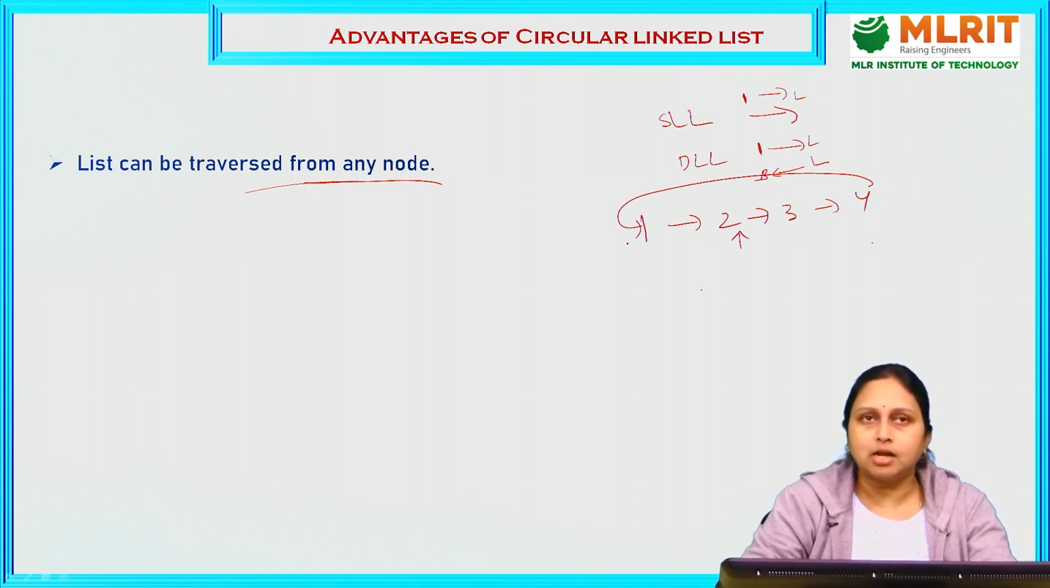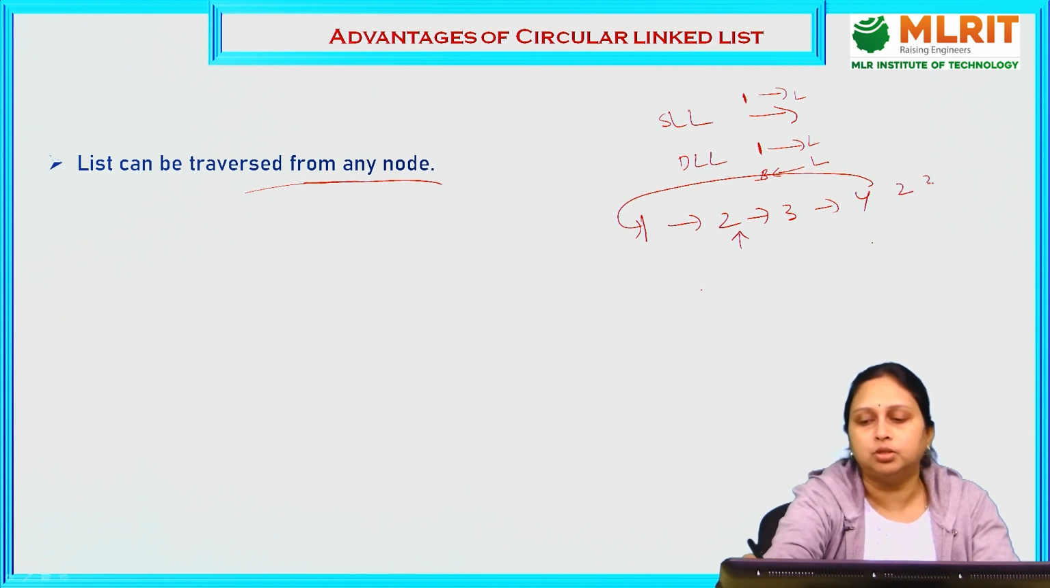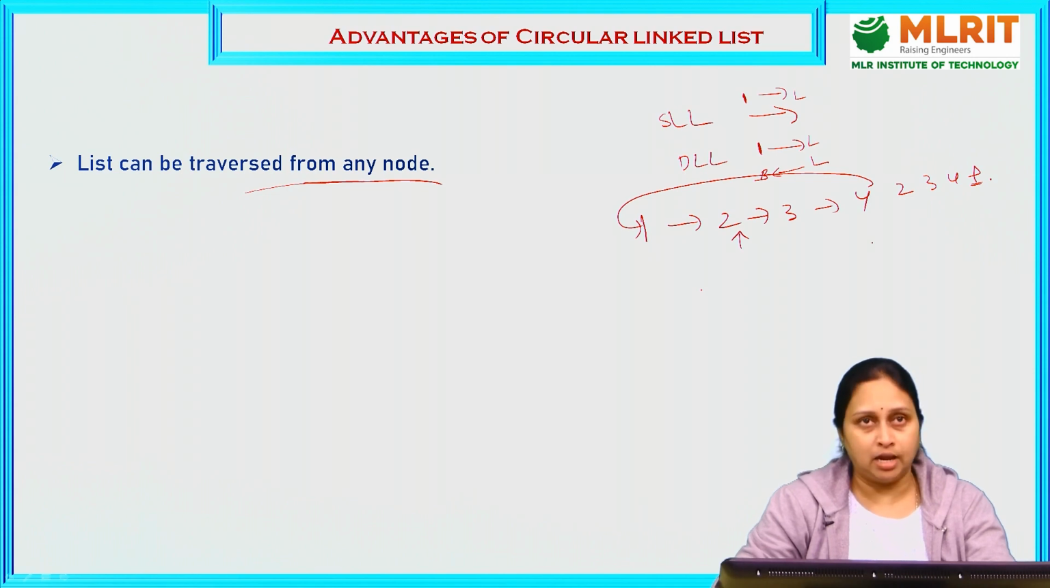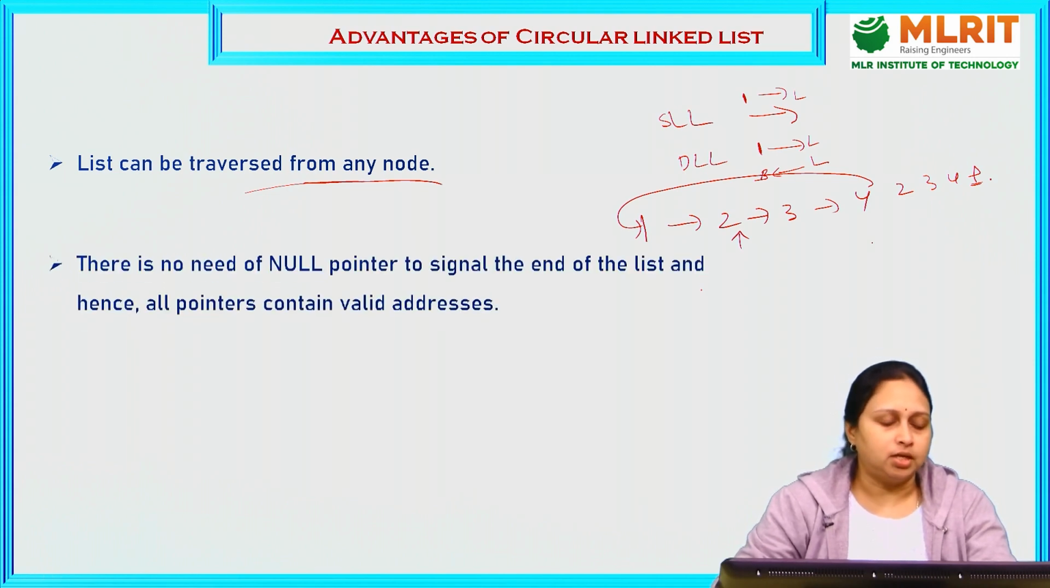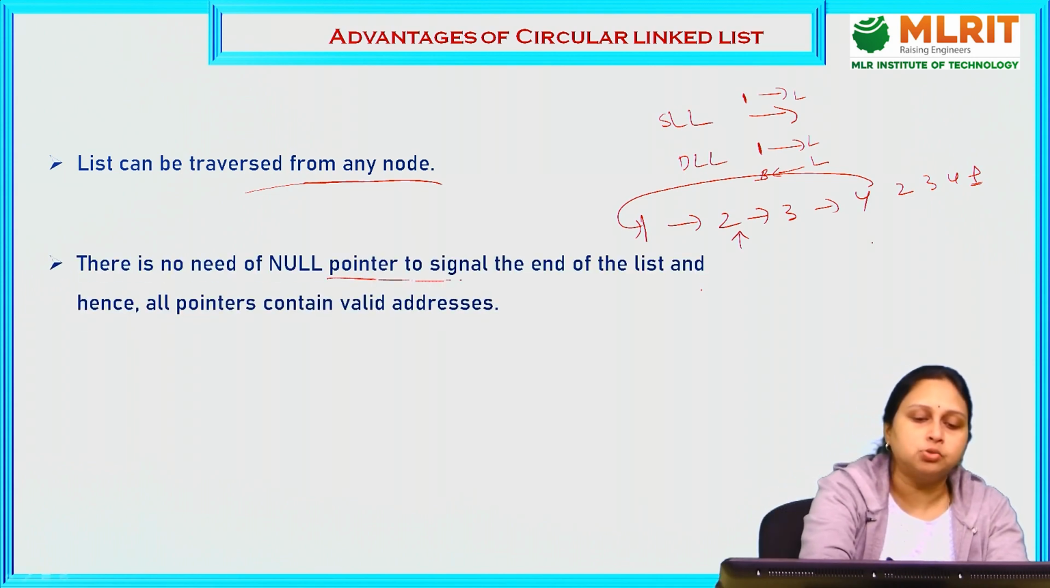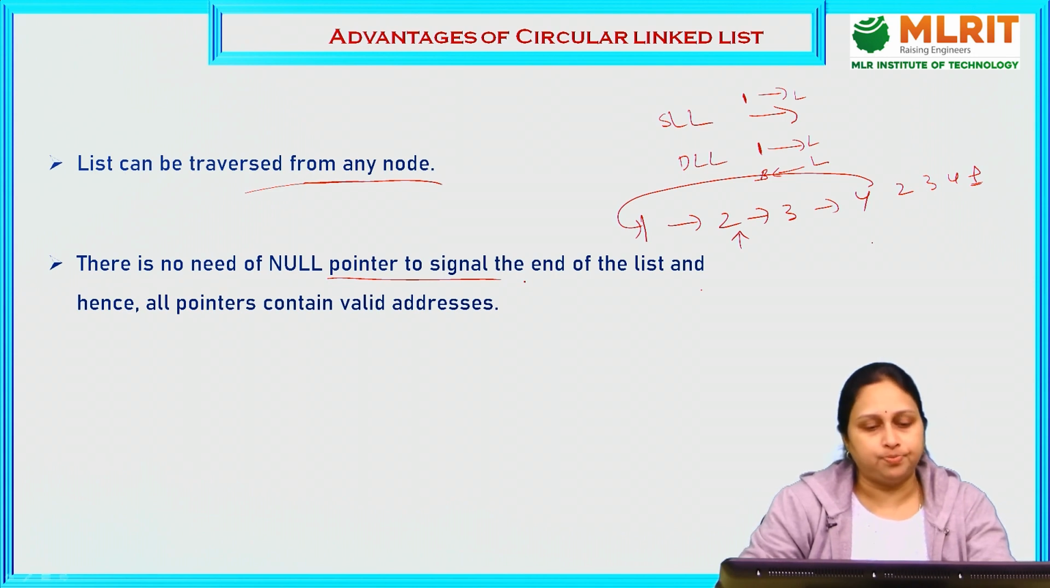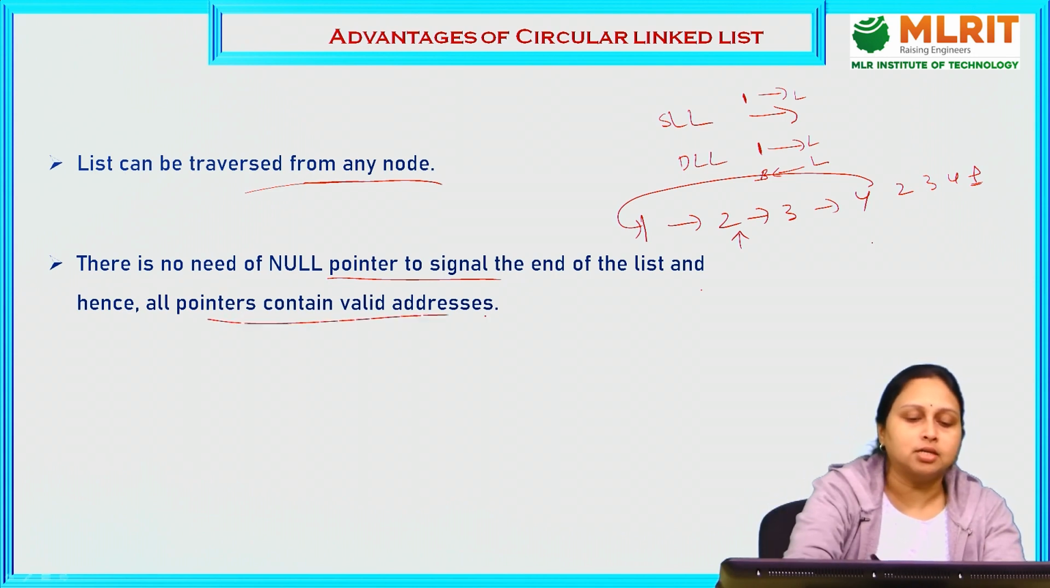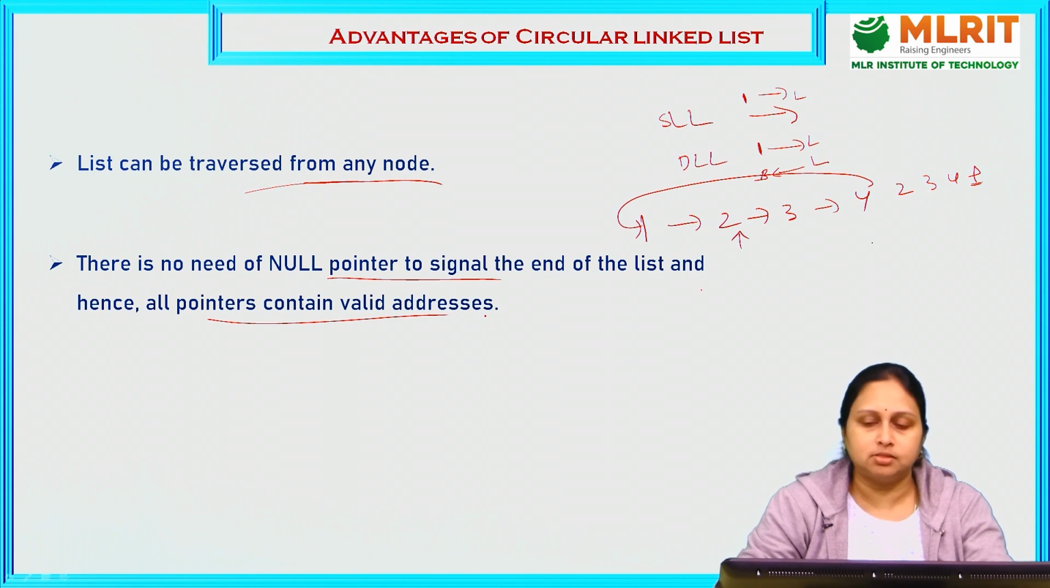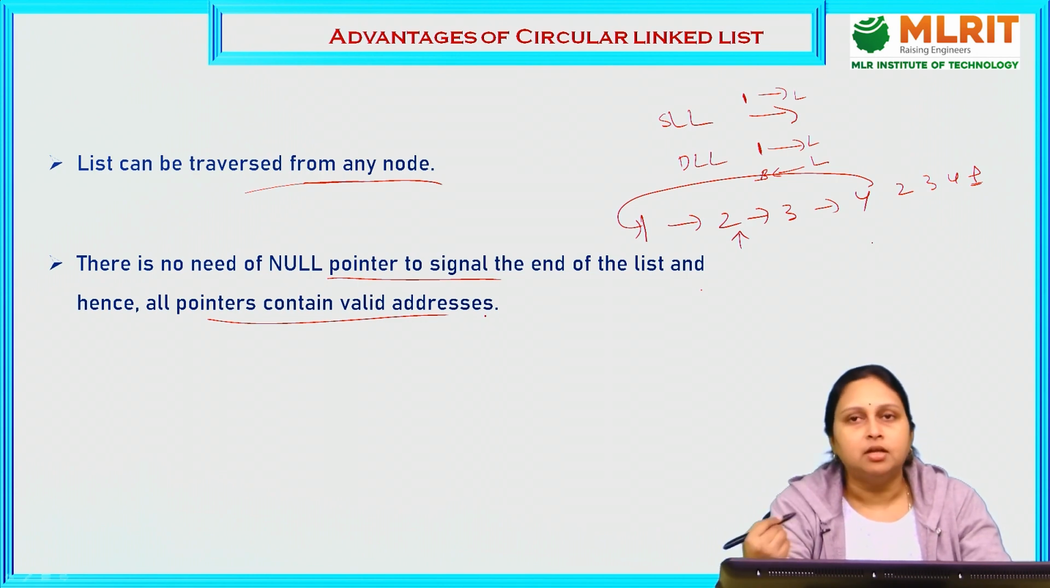If I am going to start node traversing from 2, yes, I am able to do it: 2, 3, 4 and 1. At last it will reach the 1 value. Okay, that is the meaning of it. There is no need of null pointers to signal the end of the list, and hence all pointers contain valid addresses. You don't have any null pointers here. Every time the last address will be stored with the first